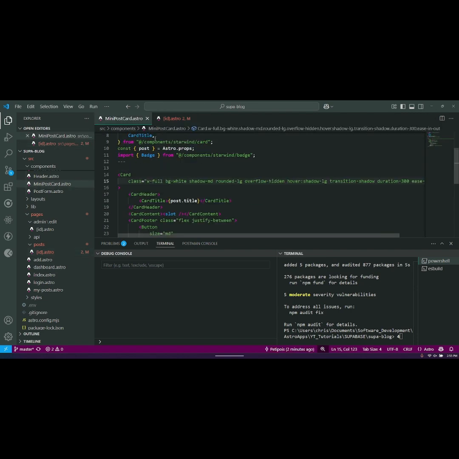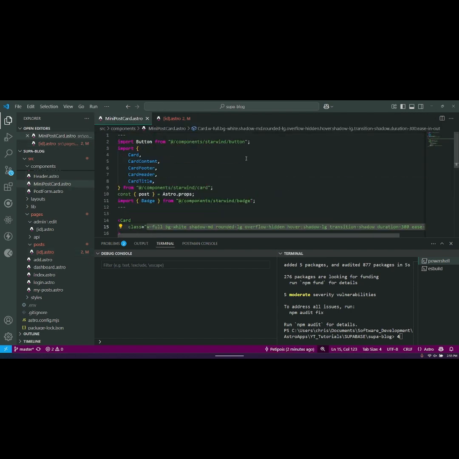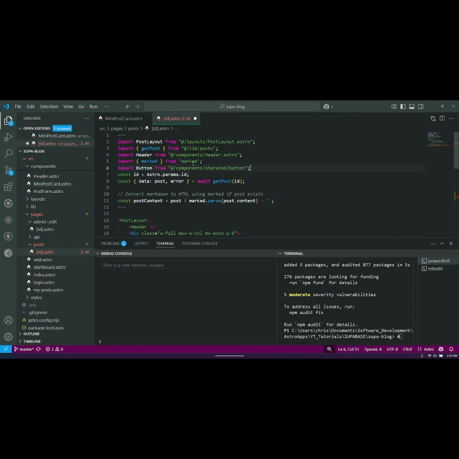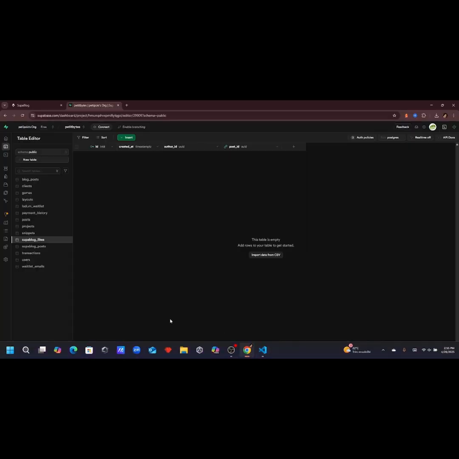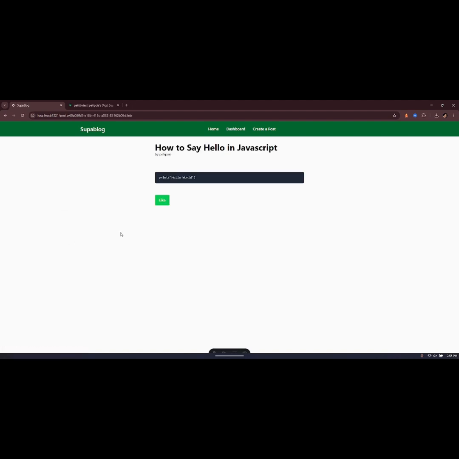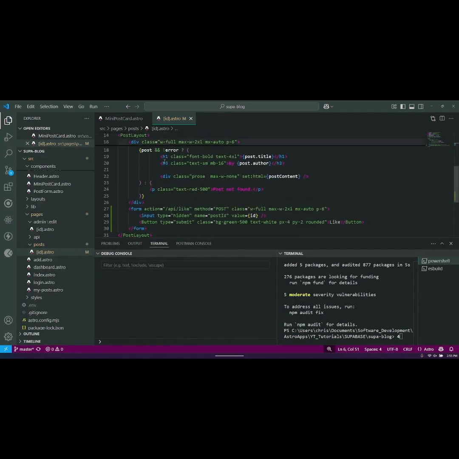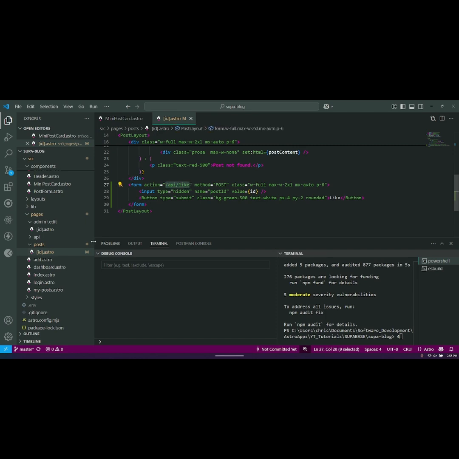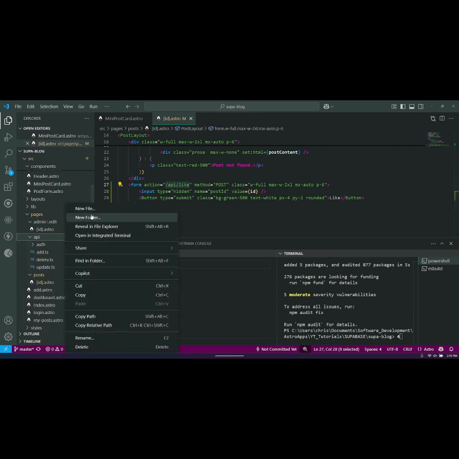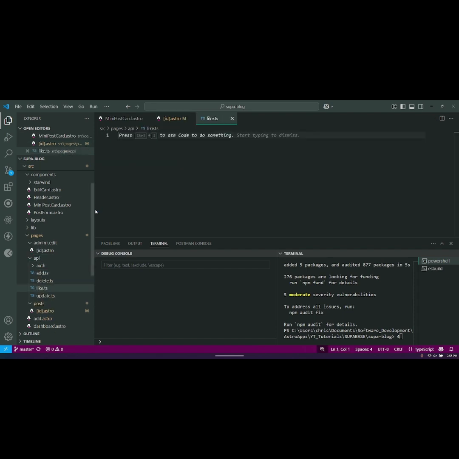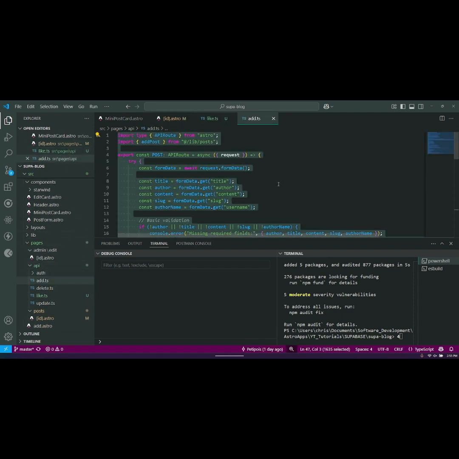I will take it from another file. Oh, it was by itself. Okay. And so if we look at the post itself now, we've got this like button, and we could add a, because it's the same, we could add the API like here. So we'll go API. I'll go like.ts, and we're going to kind of copy what's in the add,